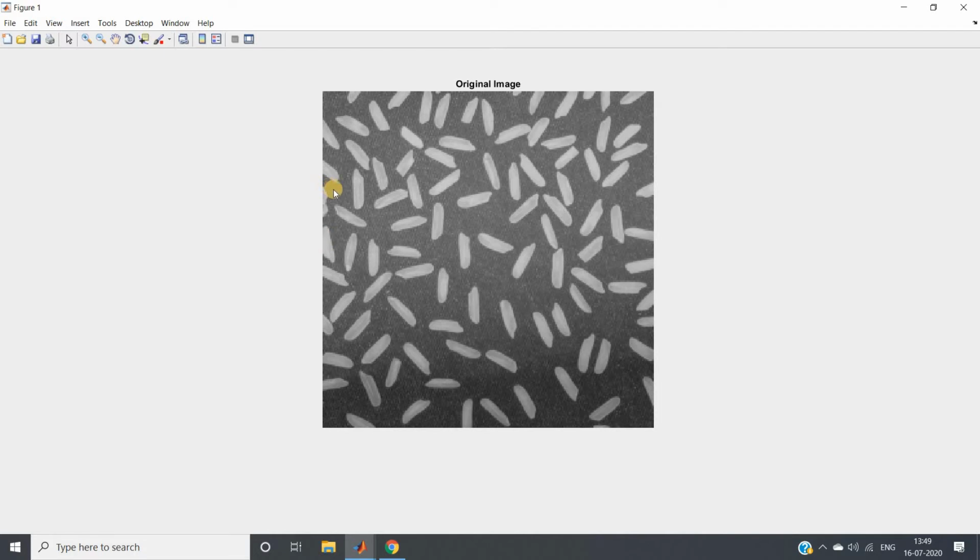Suppose we want to make those rice particles which are not directly connected with the boundary one particular user defined color, and for those rice particles which are connected to the boundary, we want to assign some other user defined color. Based on that we want to apply segmentation. So how can you do that?